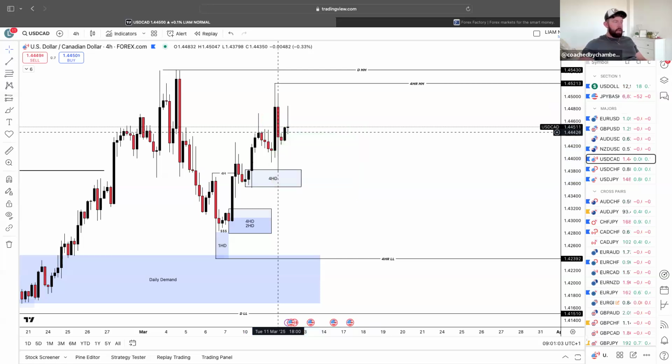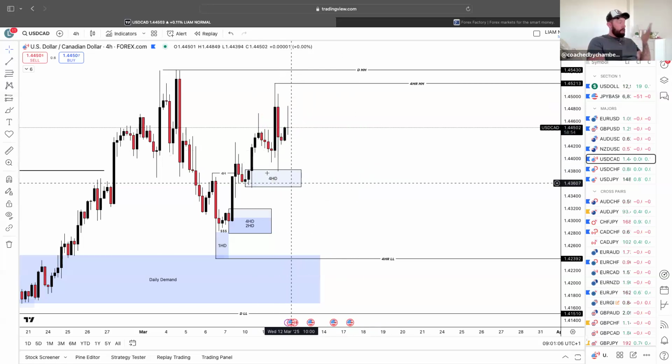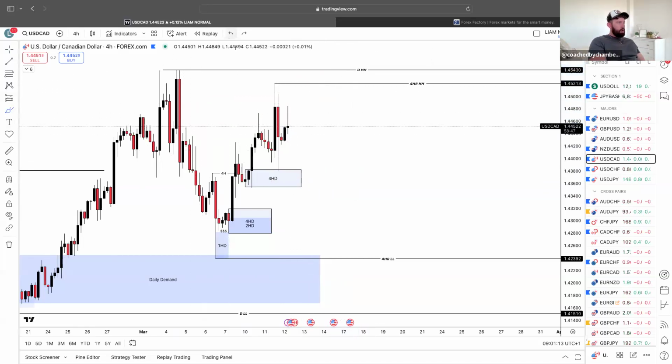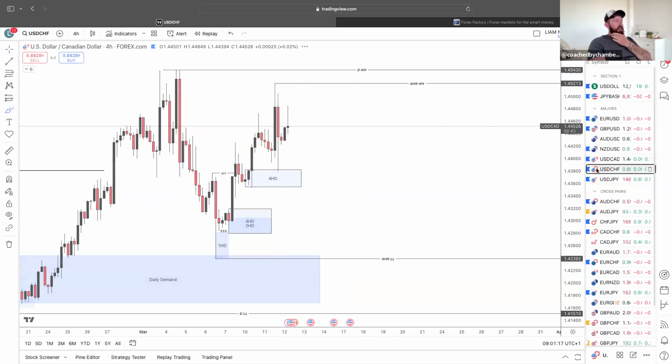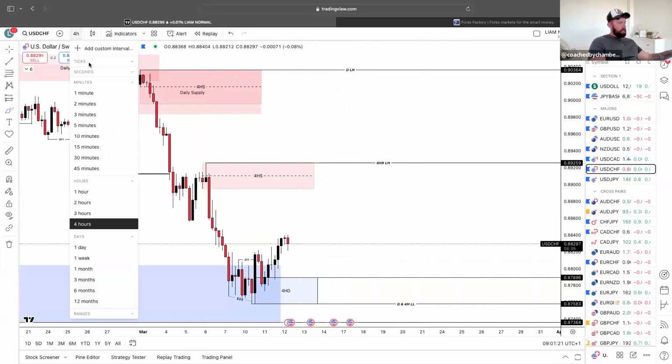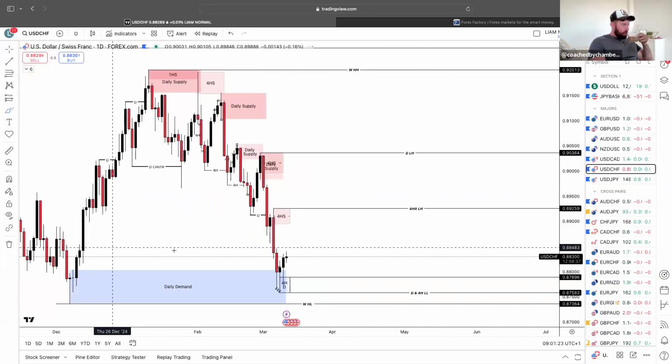Sorry about that, I'm half asleep still. So yeah, again, if the dollar's going to go up, we expect this to potentially just carry on upwards from here. So again, that is what we want to see from USD CAD, USD CHF. I mentioned to you guys, it had a nice clean area yesterday for you to take a look at.